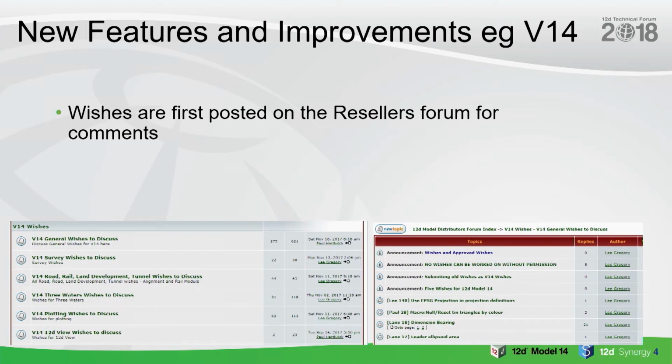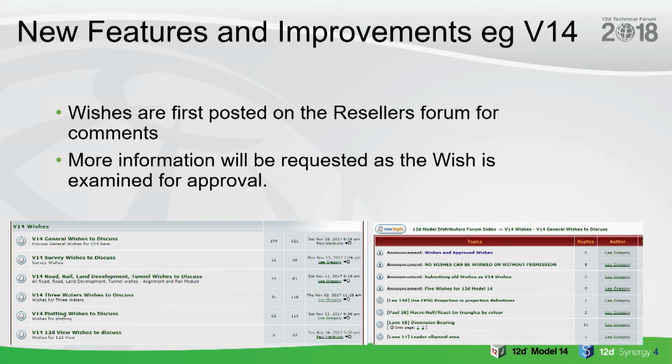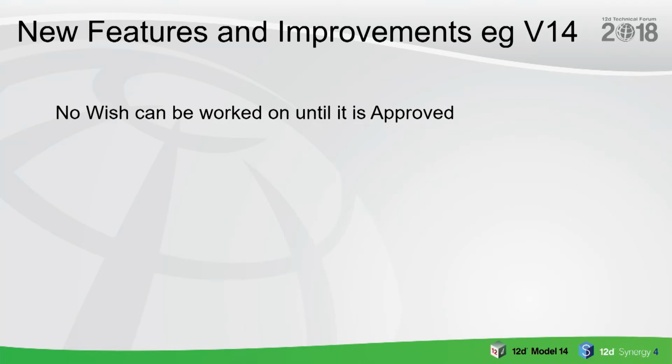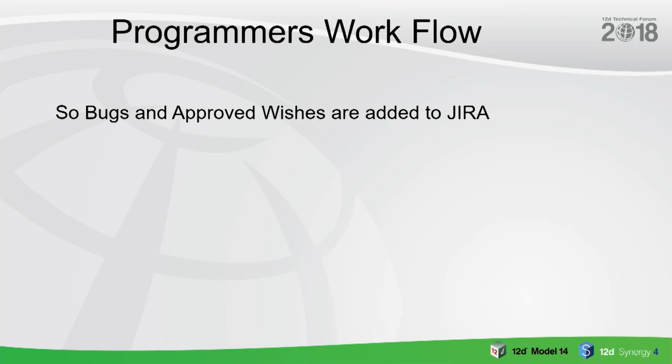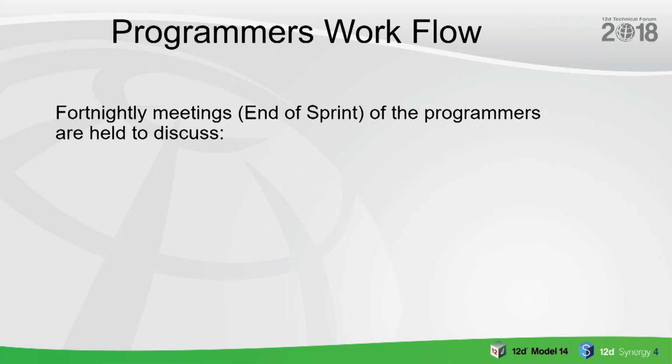We post them on an internal site so that we can see them, and our people can comment on them before we actually go and work on them, or we can ask for more information. So basically, that's tying the programmers down, because when they are doing approved wishes, it's tied to something, we get the information about it, and so we can track it. And that's been the major change.